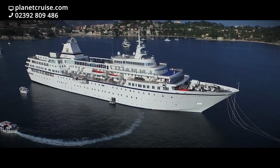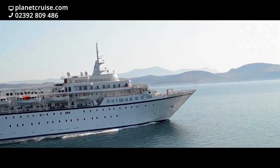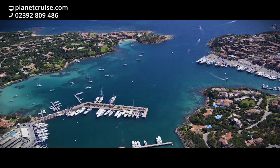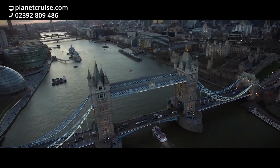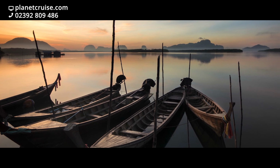Now, there's just one ship in the fleet. That's all there needs to be, and it's a mid-sized ship called the Aegean Odyssey, and it's ideal for Mediterranean island and coastal cruising, visiting smaller, less crowded ports which are inaccessible to those big cruise ships which struggle to get in. She's suited even to navigating the rivers of Southeast Asia, which again opens up a whole new list